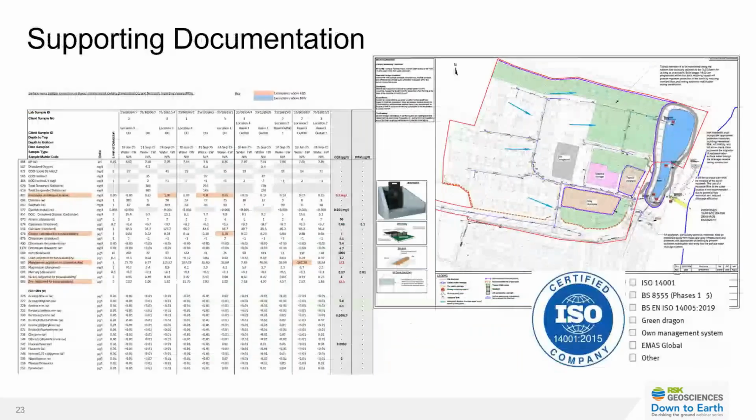Supporting documentation forms a critical part of any permit application, and where possible, we try and encapsulate this into 1 or 2 reports that accompany the application forms. Typical requirements, in addition to a description of the proposed discharge activity, include but aren't necessarily limited to detailed site plans, non-technical summaries, EMS documentation, construction surface water management plan, risk assessments, flood risk assessments, and records of any consultations done. And I'll touch upon the 2 key documents that RSK Geosciences tend to help with in the next couple